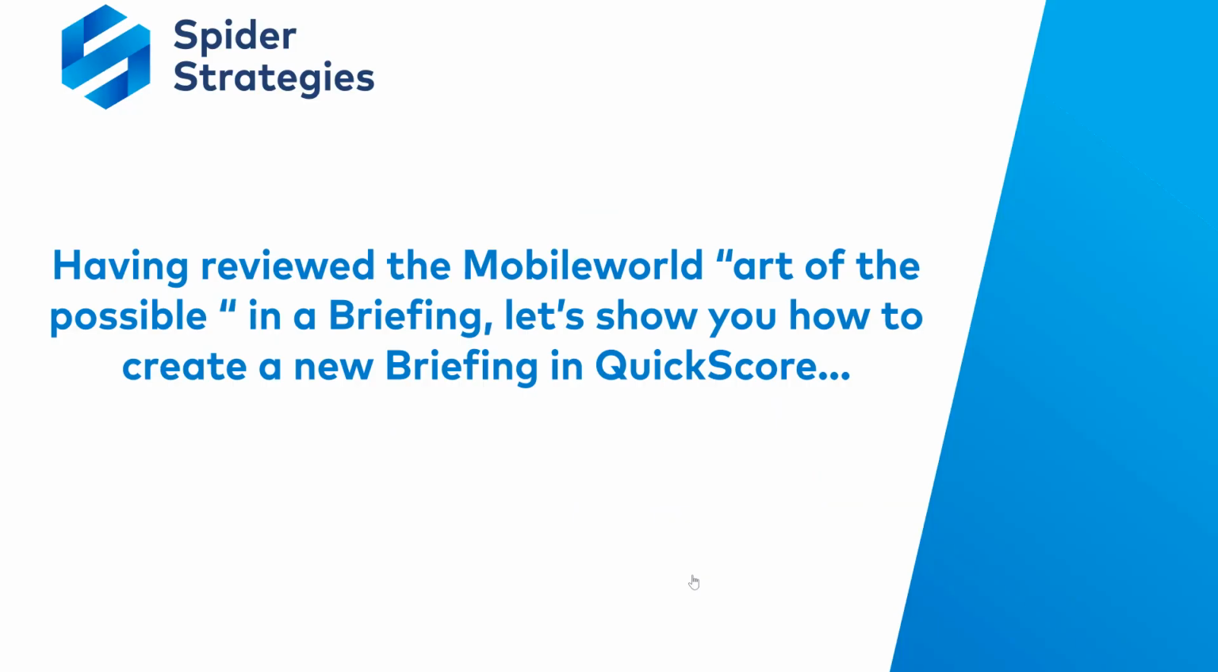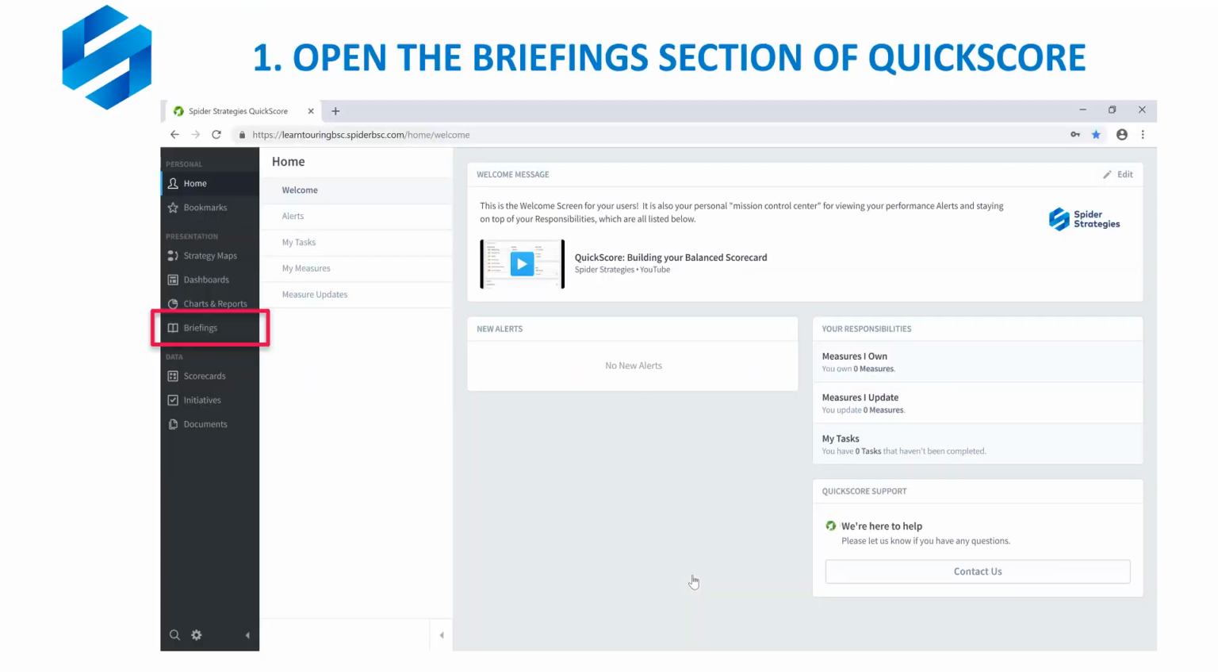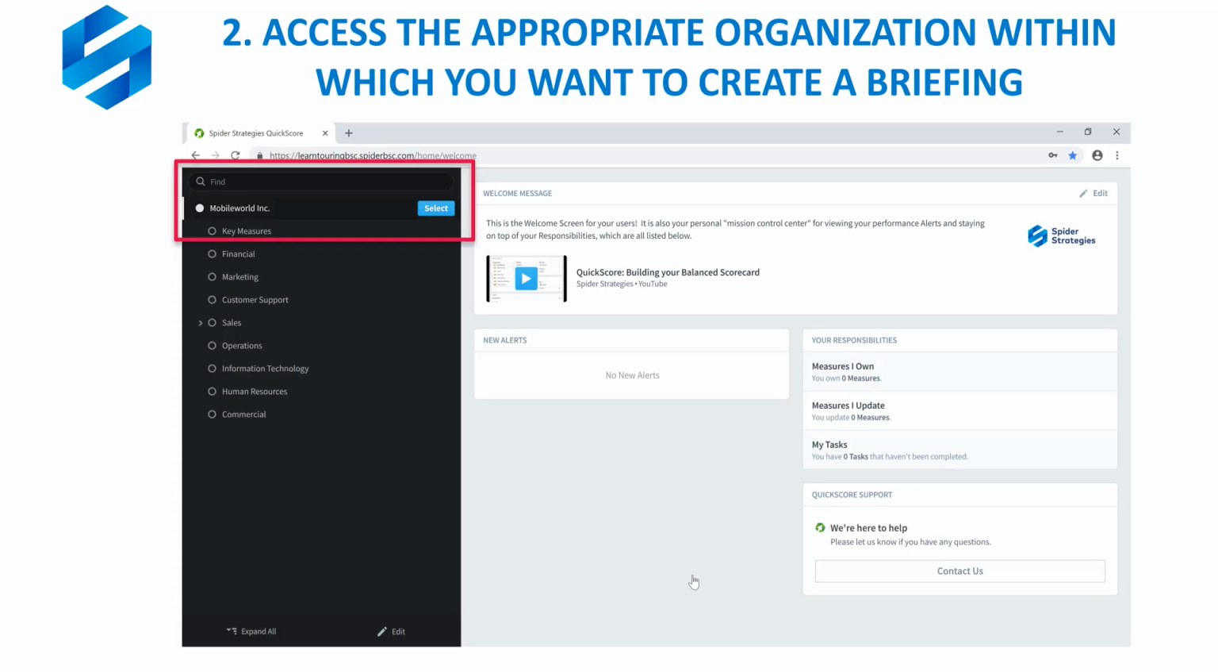Having reviewed that Mobile World art of the possible in a briefing, let's show you how to create a new briefing in QuickScore. Creating a briefing in QuickScore is basically a 7-step process. You start by opening the briefing section of QuickScore, move on to access the appropriate organization within which you'd like to create a briefing,